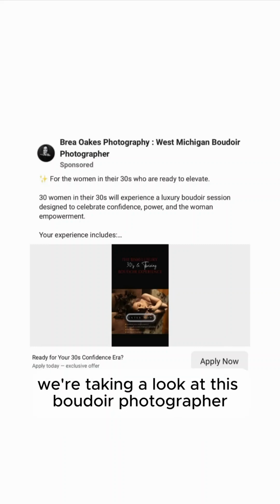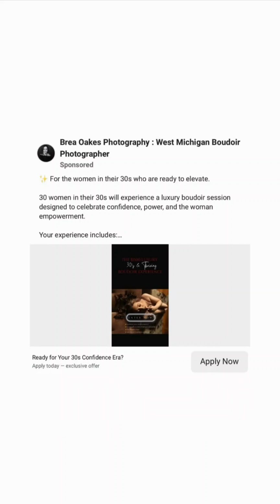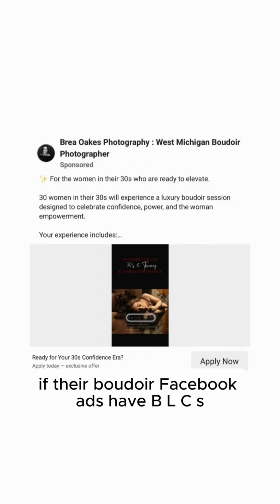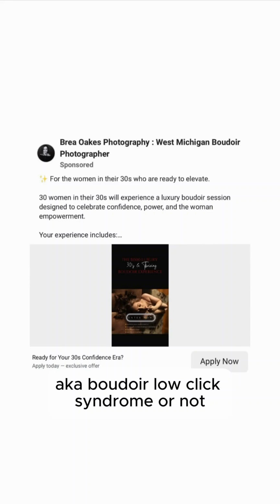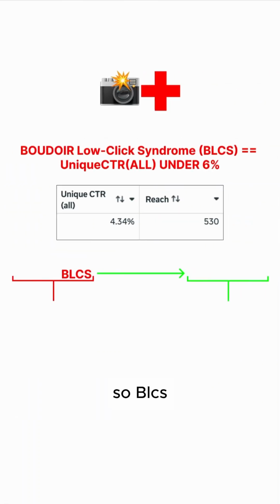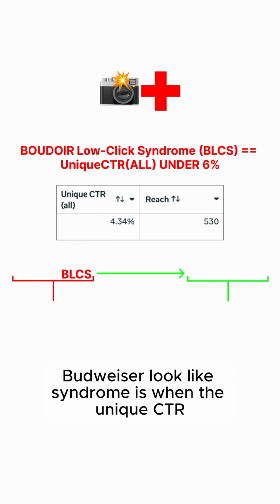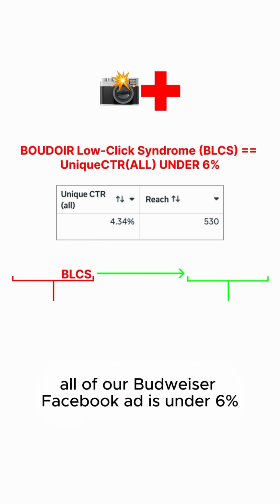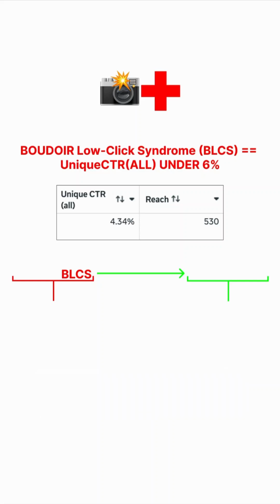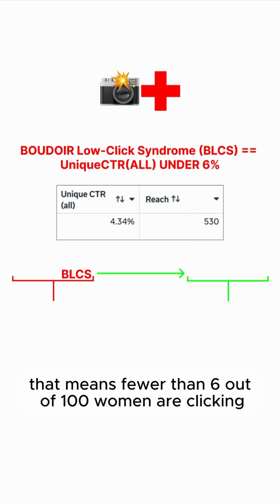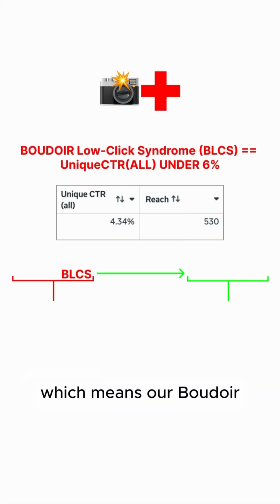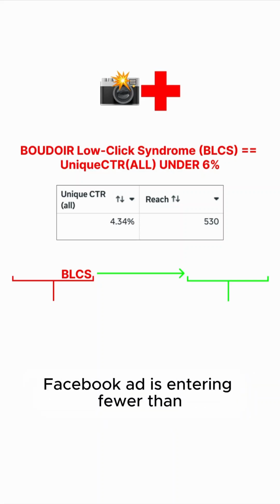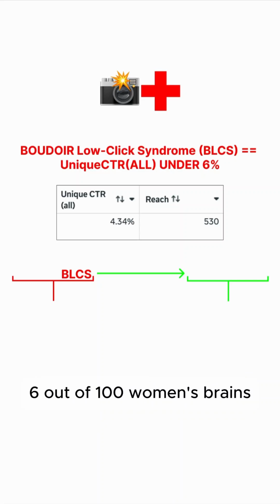All right, y'all, we're taking a look at this boudoir photographer, and we're going to diagnose if their boudoir Facebook ads have BLCS, aka boudoir low click syndrome, or not. So BLCS is when the unique CTR of our boudoir Facebook ad is under 6%. That means fewer than 6 out of 100 women are clicking somewhere on our boudoir Facebook ad, which means our ad is entering fewer than 6 out of 100 women's brains,